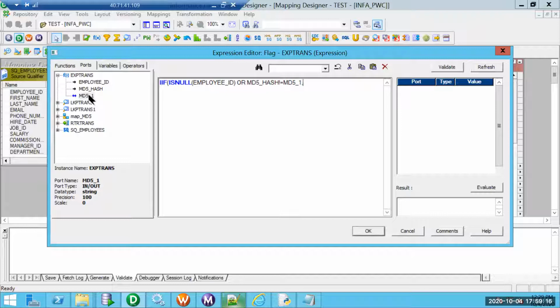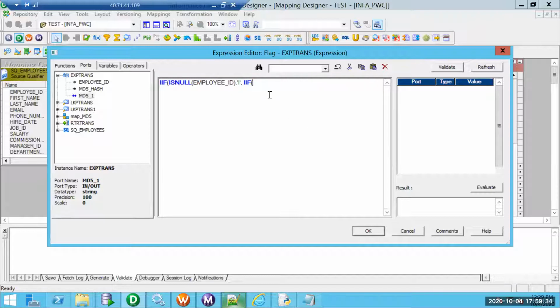So at that time it is an insert. Okay, let me put it this way. If there is anything, then it is an insert.